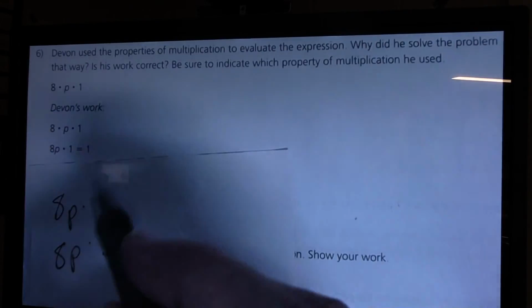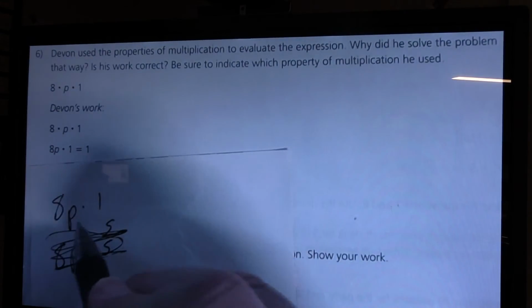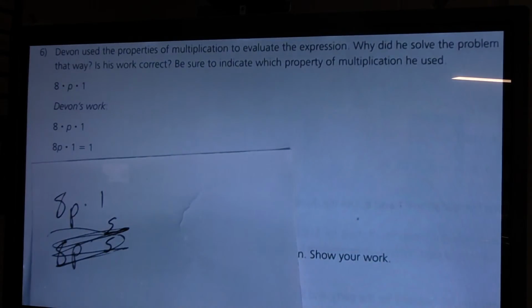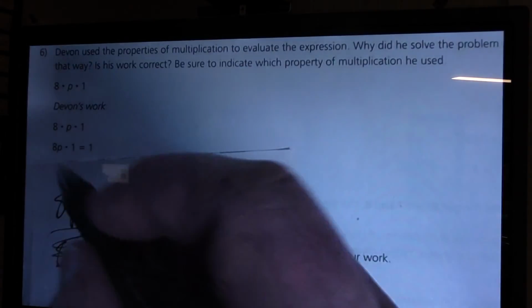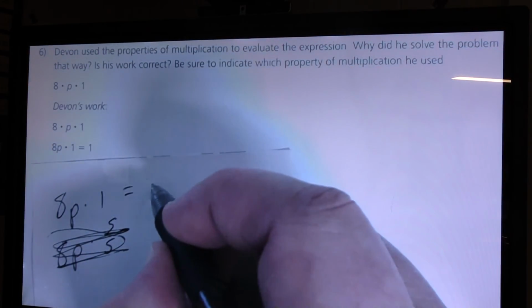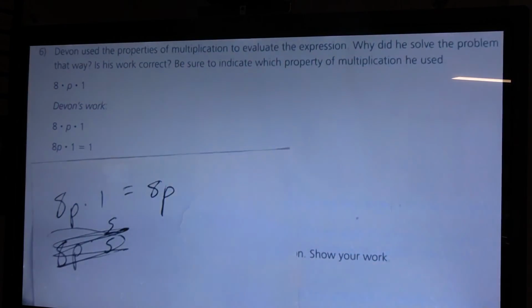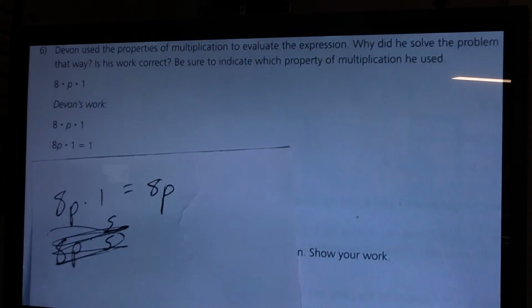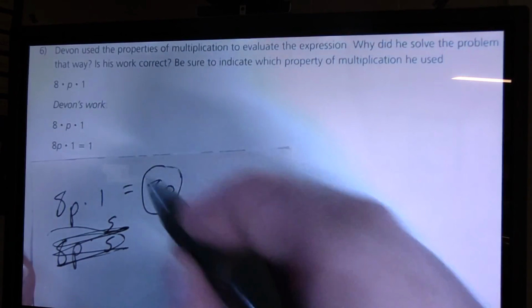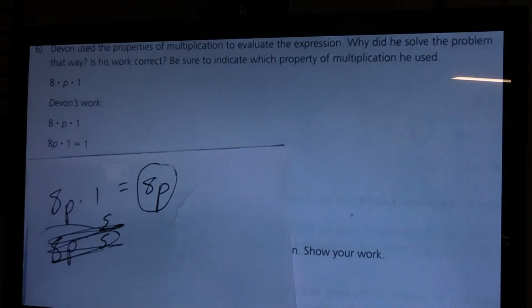But anyhow, since we have 8p times 1, and we're using this multiplicative identity property, our product is going to be the factor we start out with. So if we have 8p times 1, then our answer is 8p, just like that. So in this situation, if I were to write it out, and I'm using what I know,